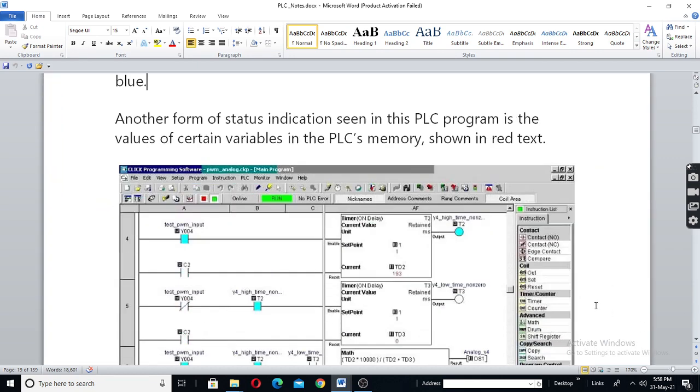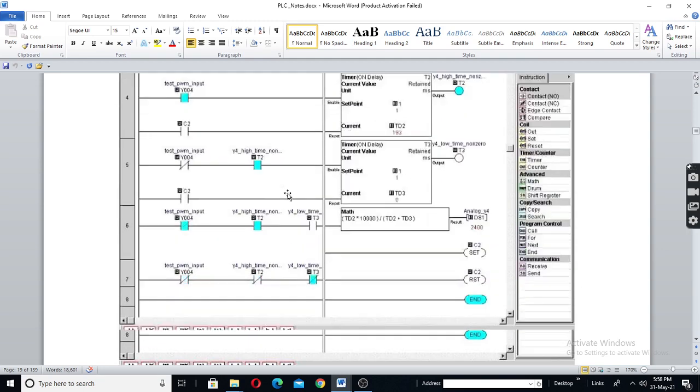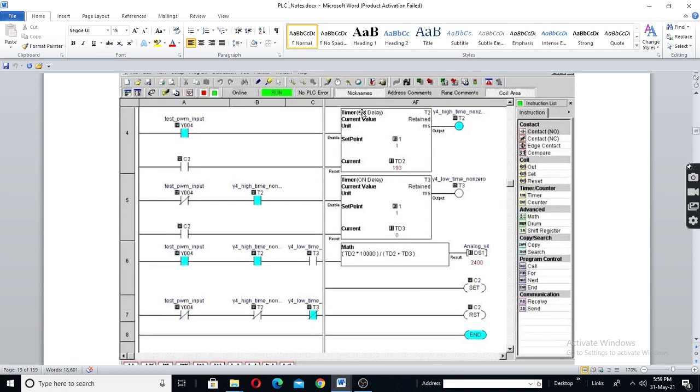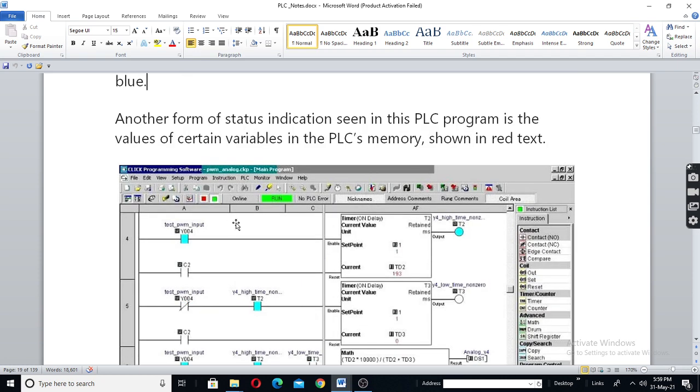PC will have software for the programming. See, this is a timer. When you click here, instruction, it will give you the list of instructions. From there, when you select the timer, the function block will appear here. You can select that, click and drag it, and put it wherever you require. So automatically T on will appear there because that will be available in the list.